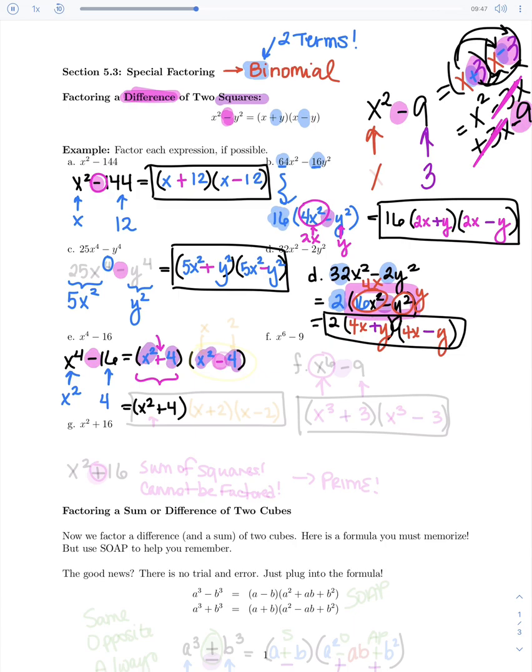However, the second piece, the x squared minus 4, is a difference of 2 squares, and I can break that down. What is squared in the first piece is an x. What is squared in the second piece is a 2, so it'll break down as an x and a 2. Just like before, one will be a plus and one will be a minus. Now notice that this time we don't have any squares in the x and the 2, so that's how you know you're done. At most, you'll be able to do the squares twice like this, but you'll only be able to do it on one of the pieces a second time, not both,